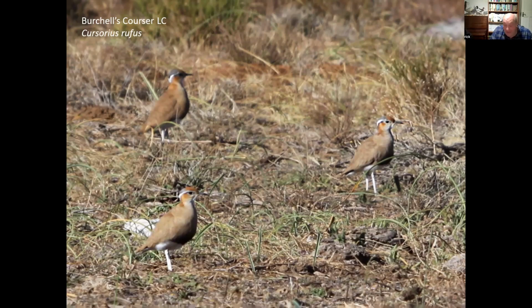When we got back then to the guest farm, unfortunately, the breakfast had been kept in the oven for a little bit too long and was not quite as wonderful as we'd hoped it would be. But the joy of seeing a Birchall's courser as well as a Kittlitz's plover, of course, outweighed all of that stuff. And Sue then chucked us back in the car and drove us back to Johannesburg, where we spent the night. And next morning we were heading north